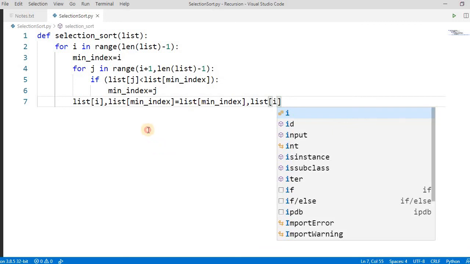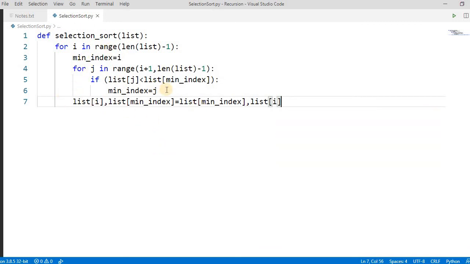Simple. If you remember bubble sort, there we are swapping the elements inside the loop, but here it's outside of the inner for loop. In the for loop we are finding the index position of the lowest element, because we are sorting in ascending order.